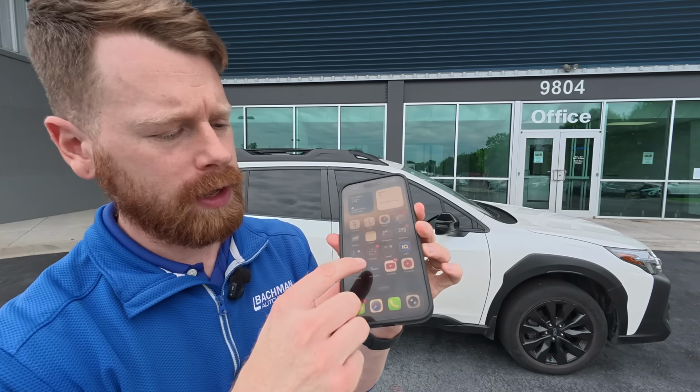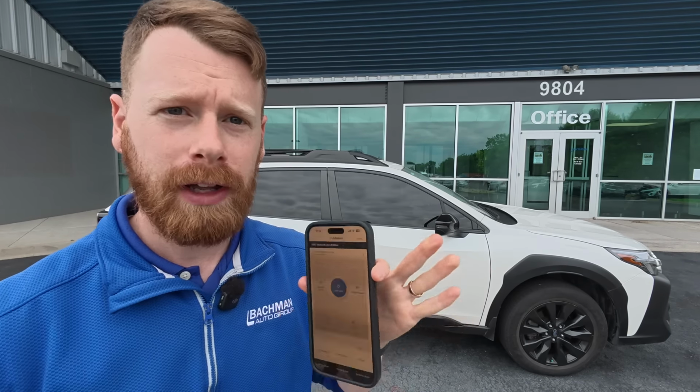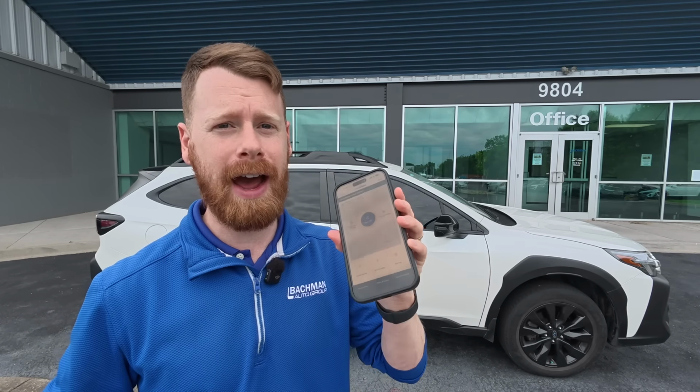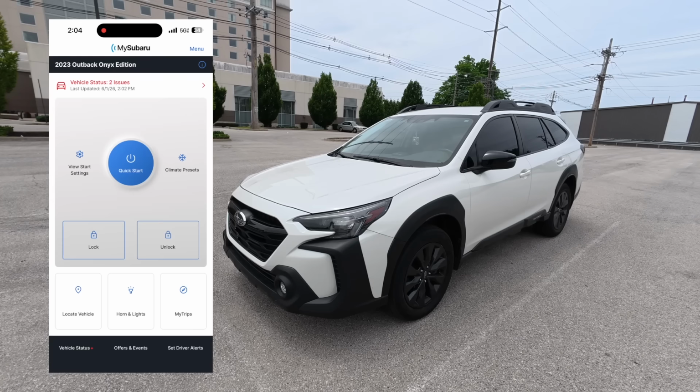You might be familiar with the MySubaru app. A lot of people use this to remotely start their car, and that of course is probably one of the primary reasons most people get this app for their Subaru to begin with. But let me show you some other really cool things that this app does that most people don't even realize they can do. So not only can you remote start with the MySubaru app, but you also have some other